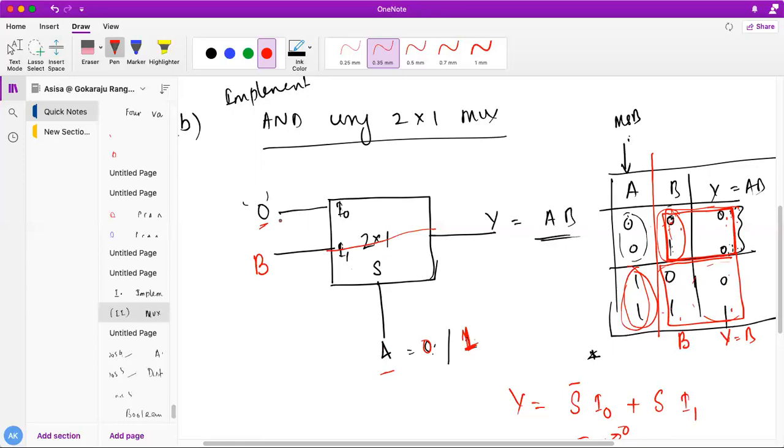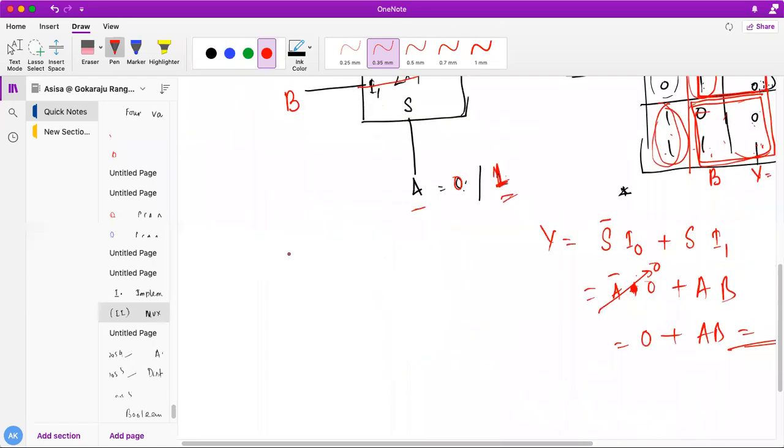So my I0 is always 0. Similarly, you connect A to 1, then check what combinations are happening and how B and Y behave with each other. You can see that if A is 1, B equals the Y output, so I'll be putting B here. Do all of you understand or any doubt, students? Very important concepts I am telling you.